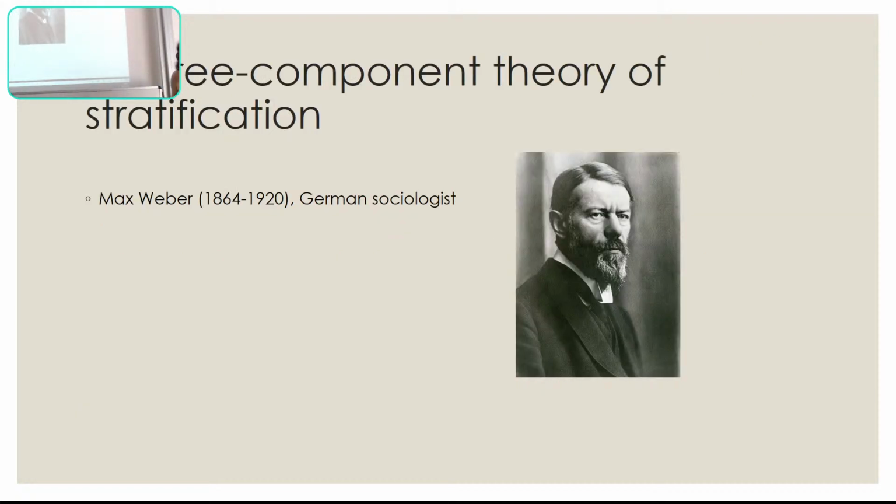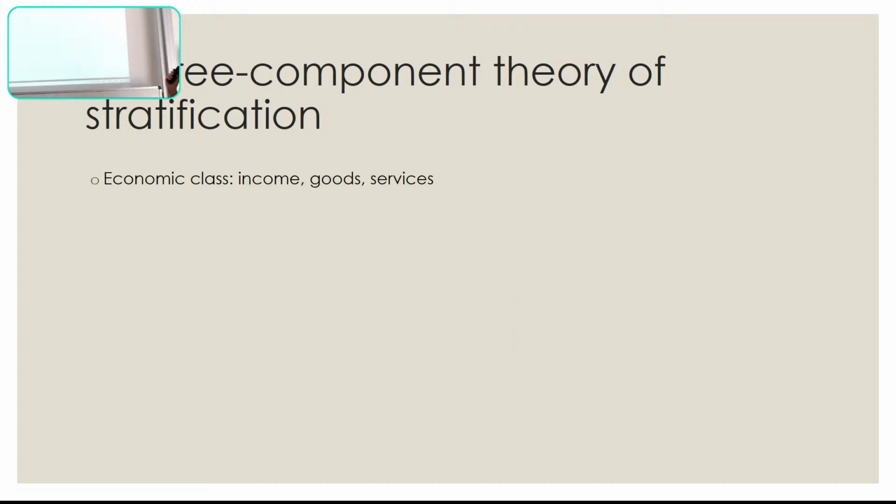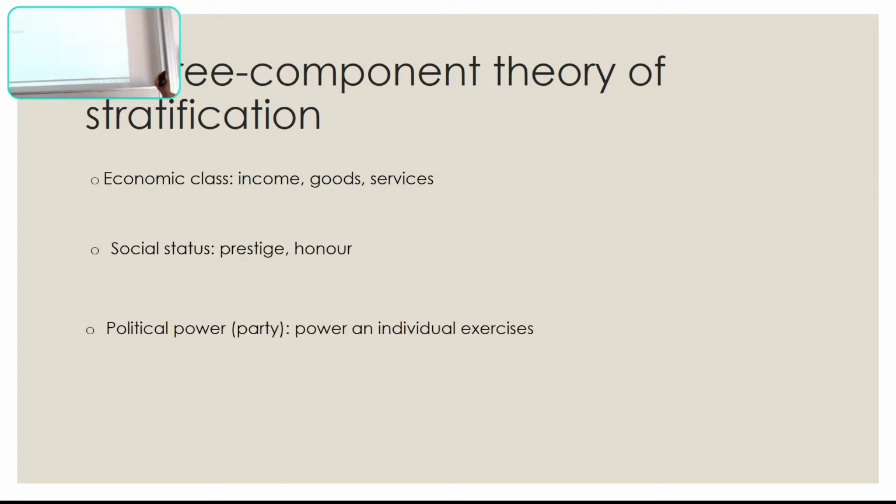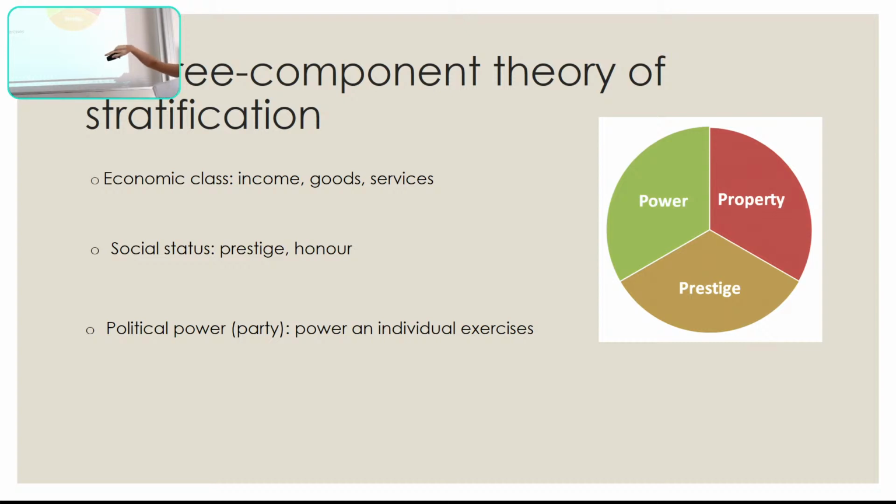I'm going to talk about the three-component theory of stratification by Max Weber, who lived from 1864 to 1920 and was a German sociologist. He basically had three components of stratification: class, status, and party. We have the economic class, which is our income, the goods and services that an individual possesses. The social status, so his prestige and his honor. And then we have political power, that's the party one can belong to, and the power an individual exercises. And that's all subordinate to the ownership of the means of